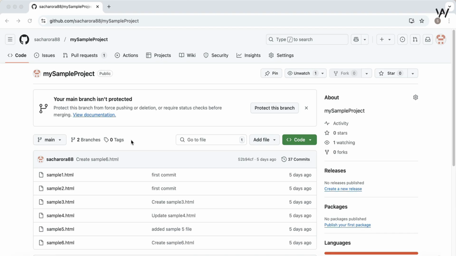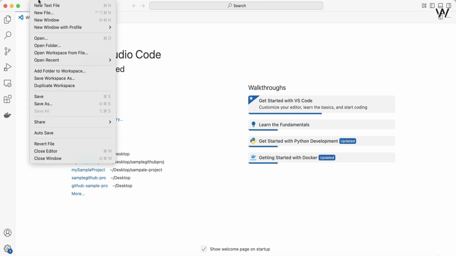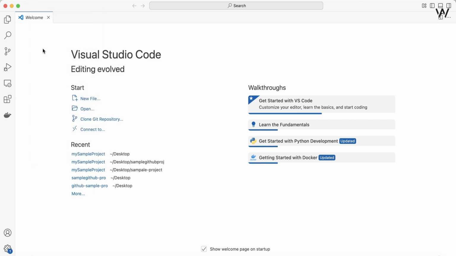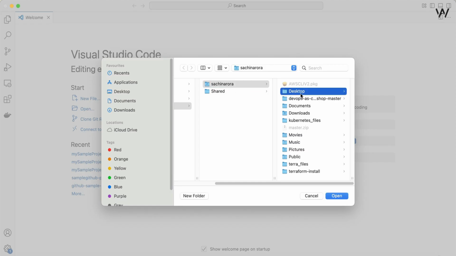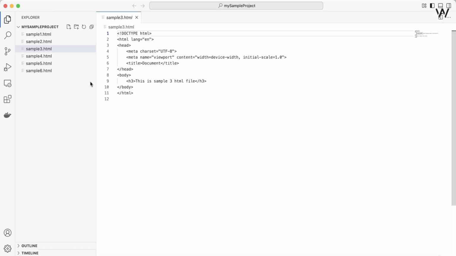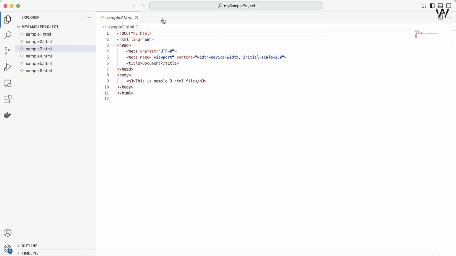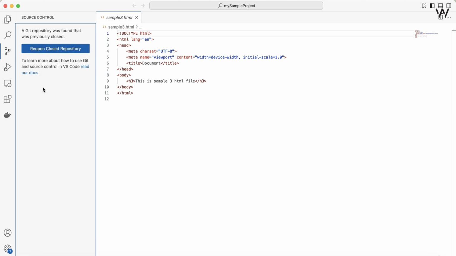I'm going to show you how to delete a repository. First of all, open Visual Studio Code and open the folder that you want to delete. Go to File, Open Folder, select the folder, open, and then go to View, Command Palette, and click on Close Repository. Once you click on Close Repository, you will see the repository is no longer there in